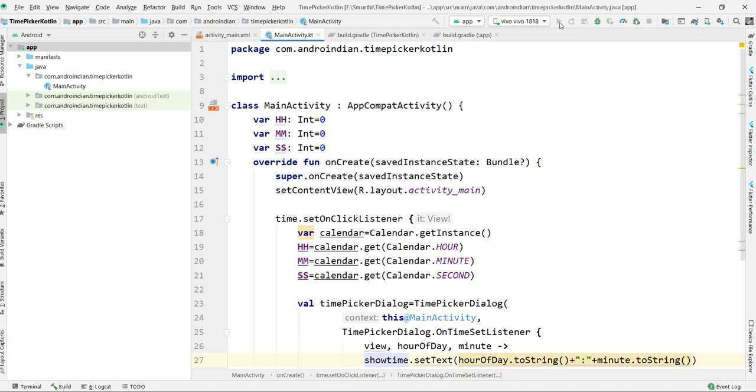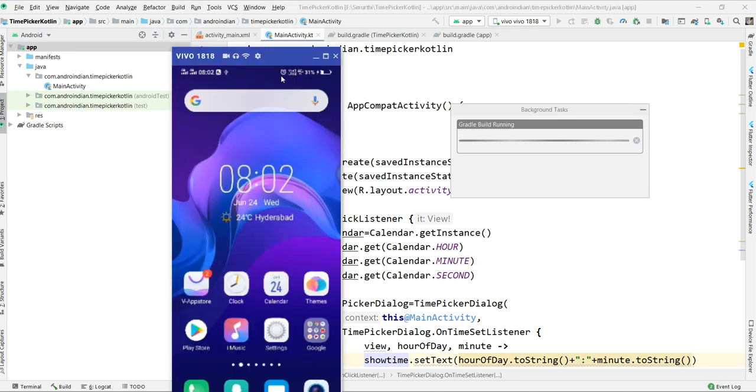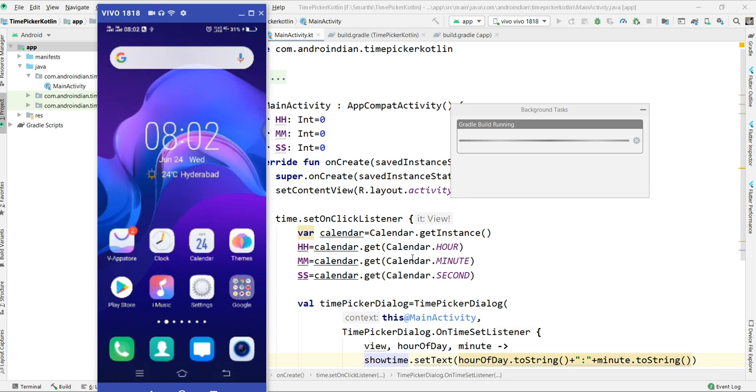It's a very simple way it can be done. I'm running this application, we will see the output.